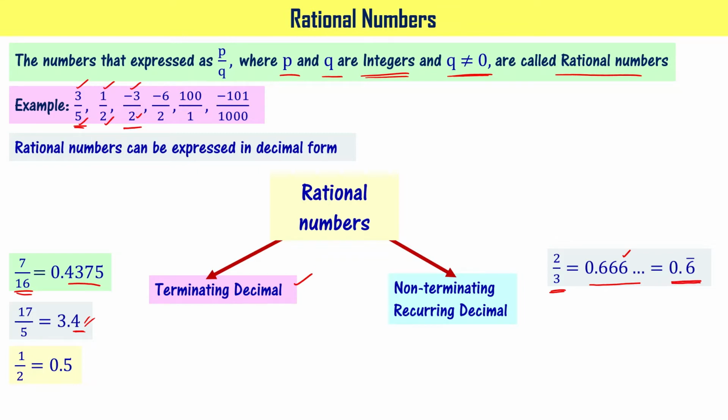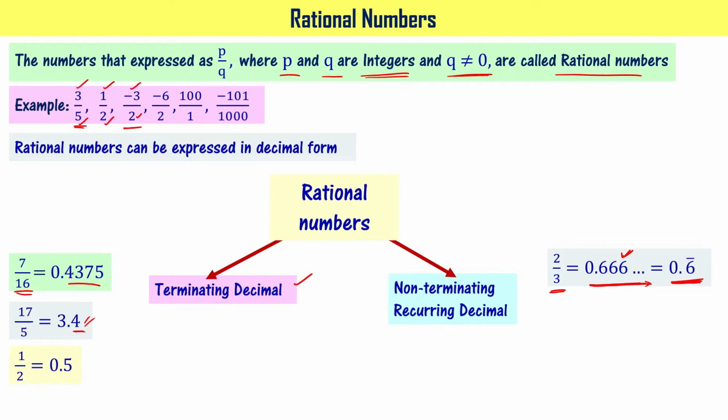periodicity 1. You see, one digit is repeating, that's why periodicity of this particular number is 1. Got it? This is called non-terminating because you can write infinitely many number of sixes after this, right? And it is recurring or it is repeating.